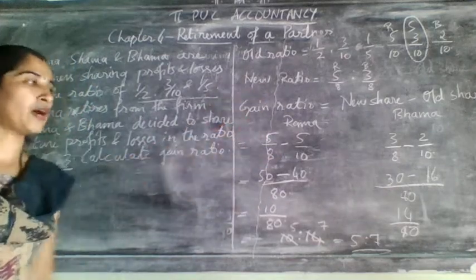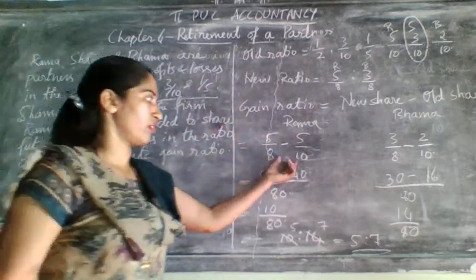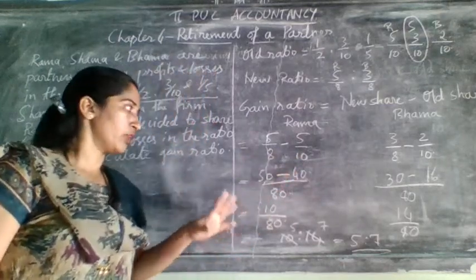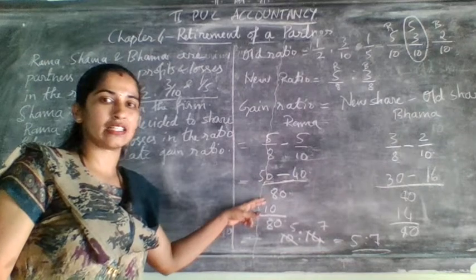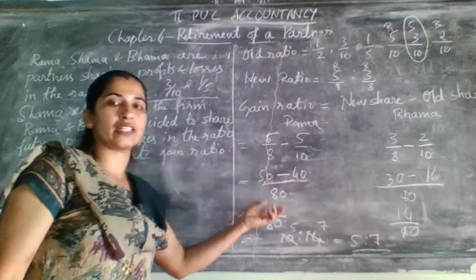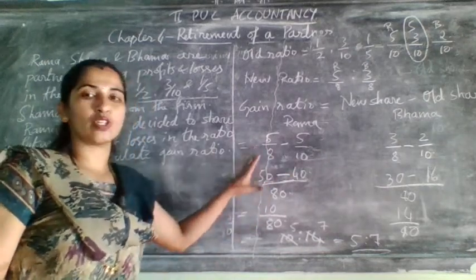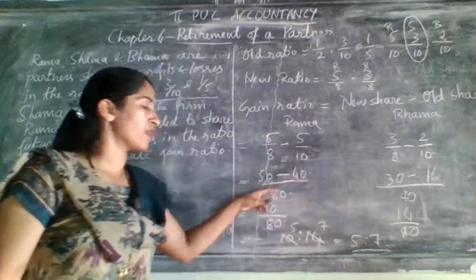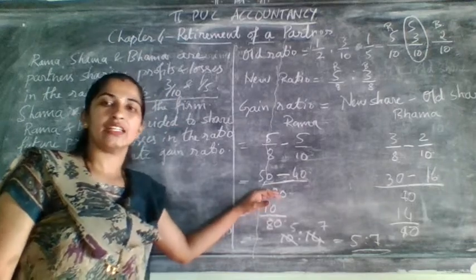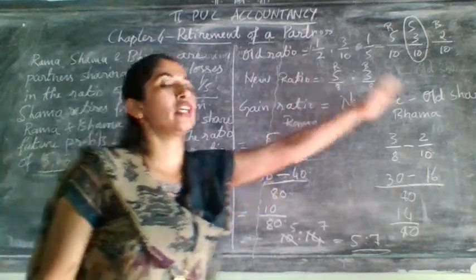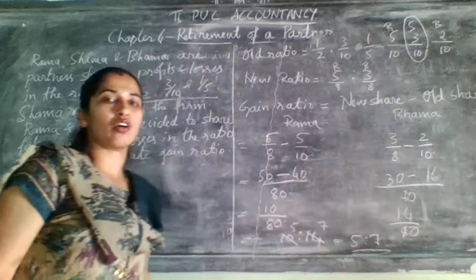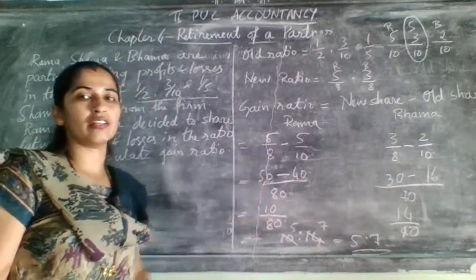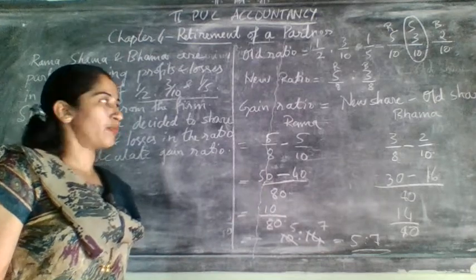So this is the gain ratio of whom? Rama and Bama. For taking the common denominator, I told you, better you follow only two methods. Either take the highest number as a denominator, or multiply and take it. Or, if you know these two tables, if a lesser amount comes in the table, you can take that as a denominator. Or else you can do the LCM method and find out the common denominator, and then do the problem.